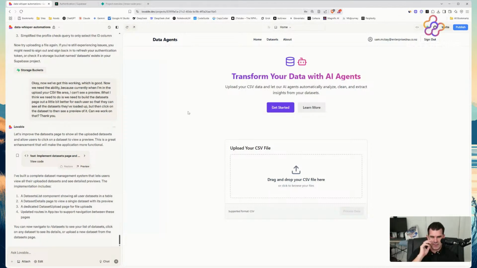Okay, so there's plenty of upgrades we can make here, right? But I'm really focused initially on just building the scaffolding of this application. That is the key thing. We want to be able to get data in. We want to be able to load. We want to be able to see the data, or at least see a preview of the data, and then we want to run some sort of way that we extract the metadata, like the columns and a bit of information about the table. We don't need all of the data, and then from there, that's when we're going to sort of layer in some AI automations after that. Okay, and then once we've got the scaffold of that set up, we can get a bit more serious about things like